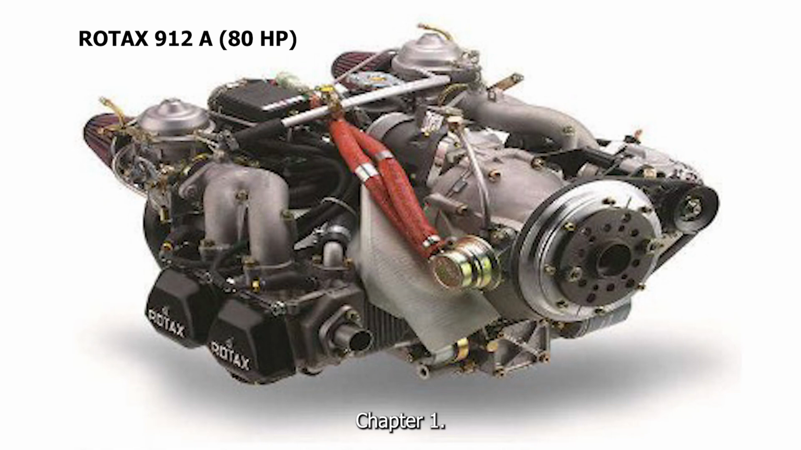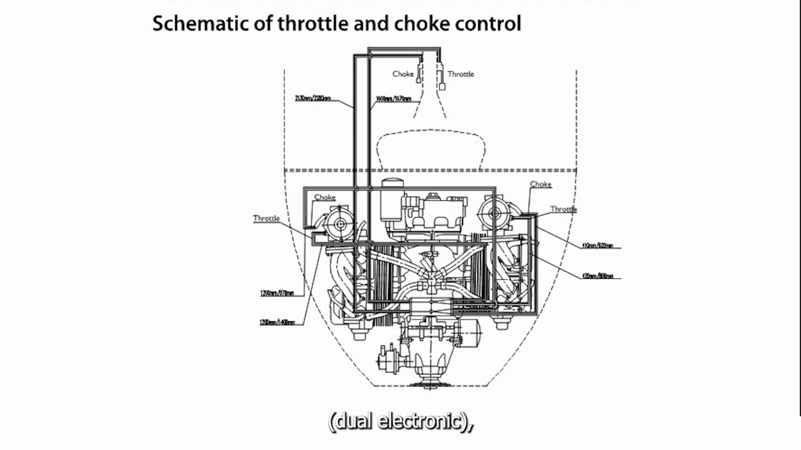Chapter 1. Airplane System Description. Power Plant. The aircraft is powered by Rotax 912A, 80 HP, 4-stroke, 4-cylinder, horizontally opposed, twin-carbureted, spark ignition, dual electronic,